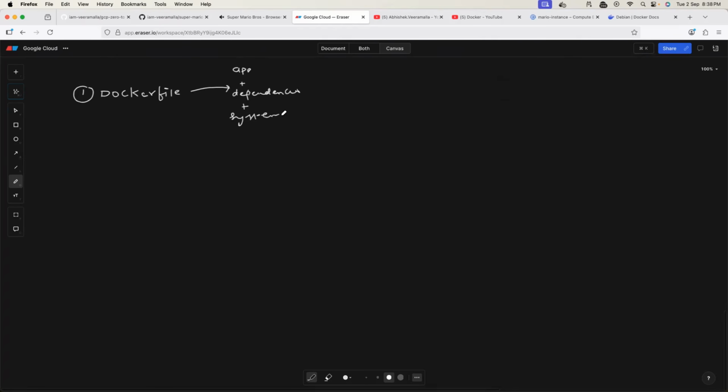So within the Dockerfile, a DevOps engineer first provides the operating system flavor for the Docker image, then